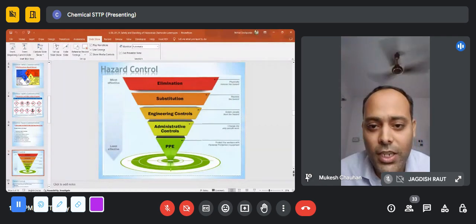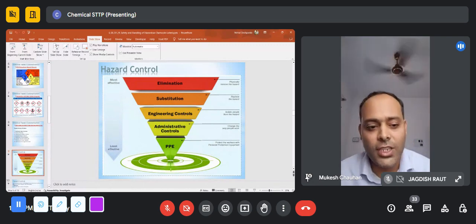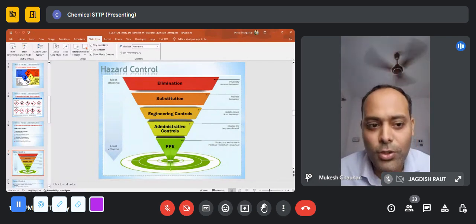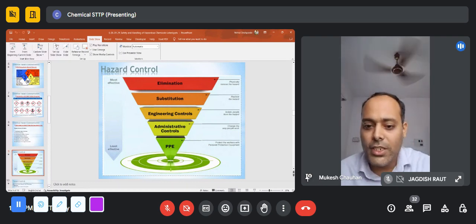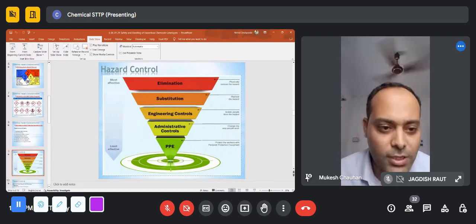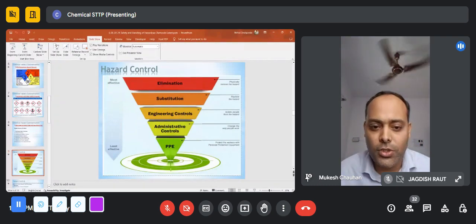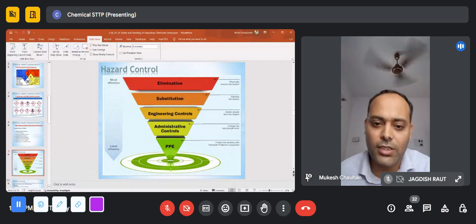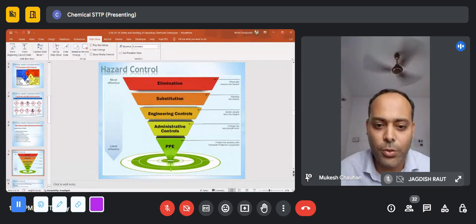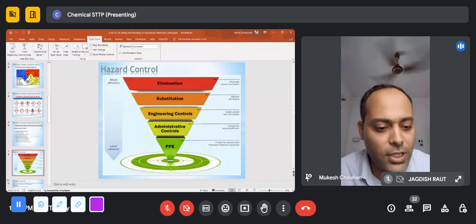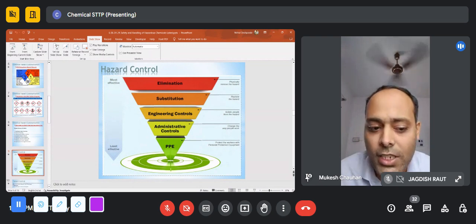केमिकल के हैंडलिंग के अंदर एलिमिनेशन मीन्स आपको कोई हजार्डस केमिकल यूज करना है तो उसे एलिमिनेट करना पॉसिबल नहीं है। तो नेक्स्ट स्टेप आता है सब्स्टिट्यूट। आप वो केमिकल को किसी लेस हैजार्डस केमिकल से एक्सचेंज कर सकते हैं, ठीक है। और मोस्ट ऑफ केस में वो पॉसिबिलिटीज बहुत कम होती हैं। ऐसा नहीं है कि हम एक्सचेंज नहीं कर सकते, पर बहुत सारे केमिकल्स का अलग अलग प्रॉपर्टीज होता है, तो आप उसको इंटरचेंज करके यूज नहीं कर सकते। तो नेक्स्ट आता है इंजीनियरिंग कंट्रोल। दिस कंट्रोल इज कंसिडर्ड एज फर्स्ट लाइन ऑफ डिफेंस।